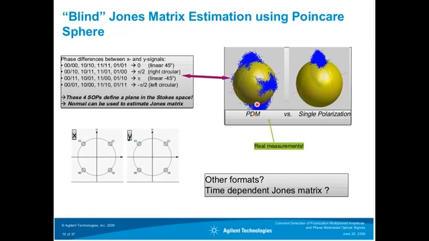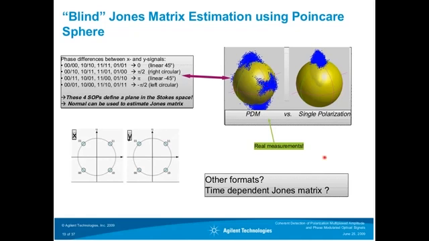Of course, if you send out single polarization light, there's only a single state of polarization. And this single state of polarization can also be used to rotate back your polarization in case you have only single polarization coming out of your transmitter. This is, by the way, a real measurement, and you can see that there are other polarizations on the transition from one state to the other.